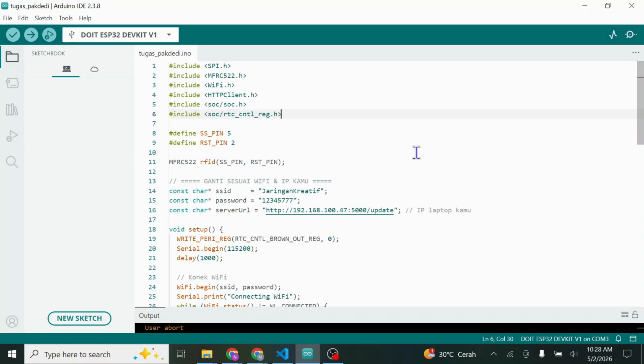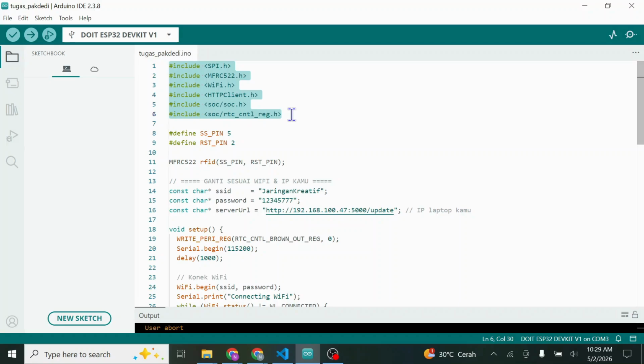Next, let's get started with the code. First, the code includes SPI, MFRC522, Wi-Fi, and HTTPClient libraries, and the SOC libraries.